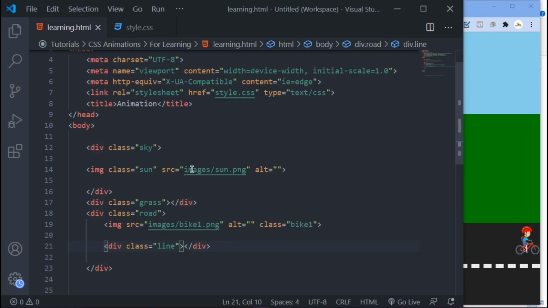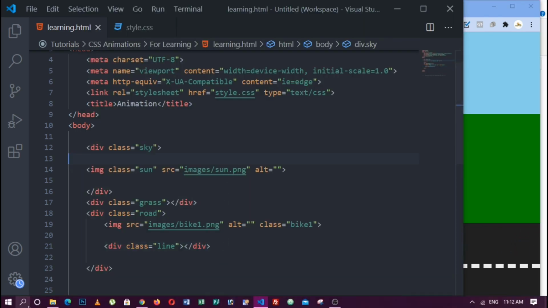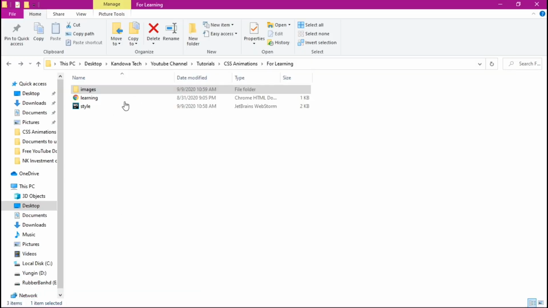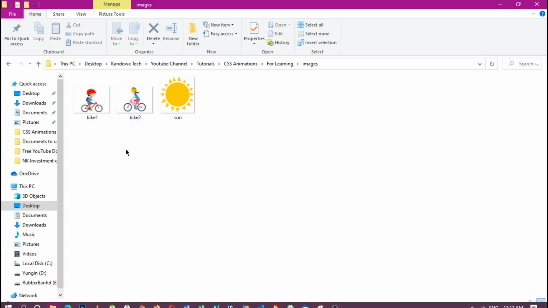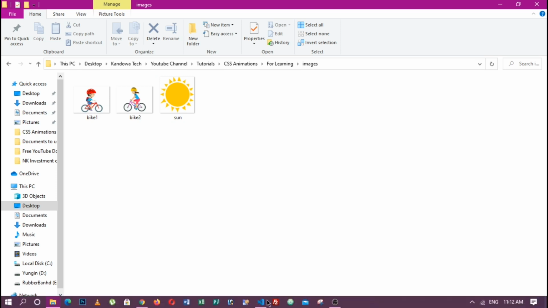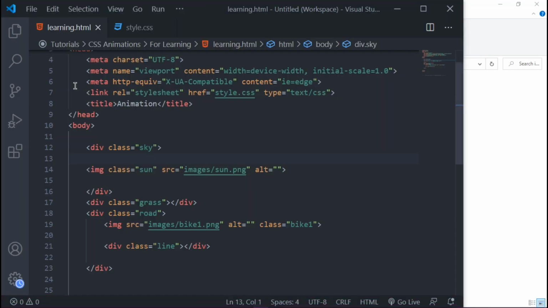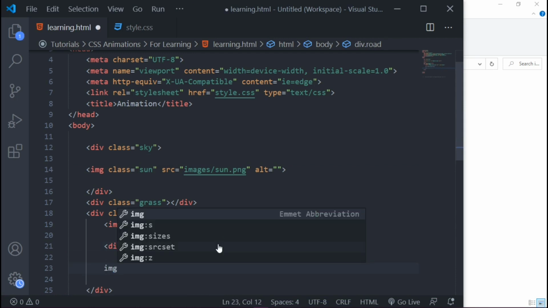So what I want us to do is come into here. The image that I want us to use is in our root folder here, and then images. I want us to use bike 2. So I just want to come in here in my HTML file, come down here, then add that image.